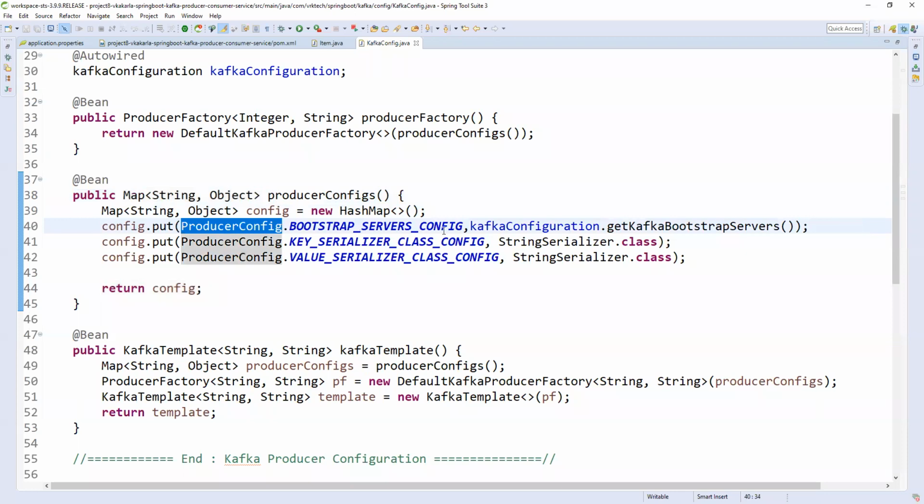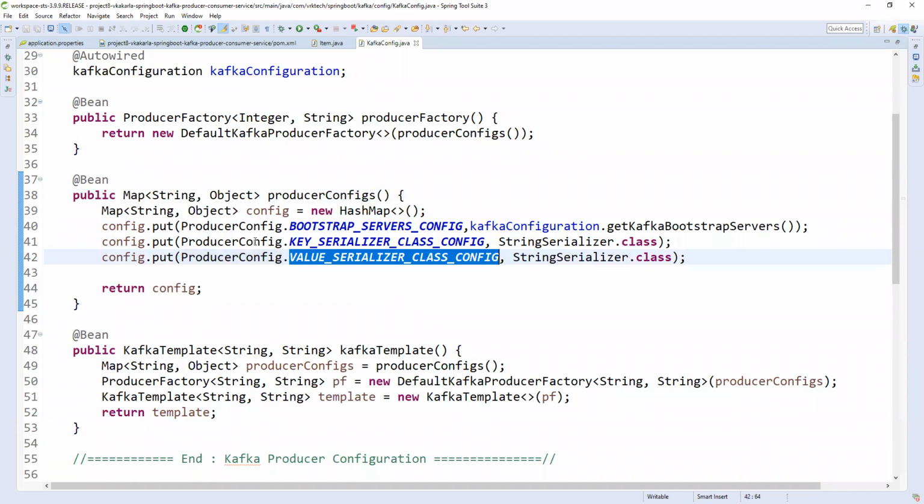ProducerConfig.BOOTSTRAP_SERVERS_CONFIG is where we give the server information. Along with that, the key serializer class config and value serializer class config, because whenever we process data, the data itself is serialized.